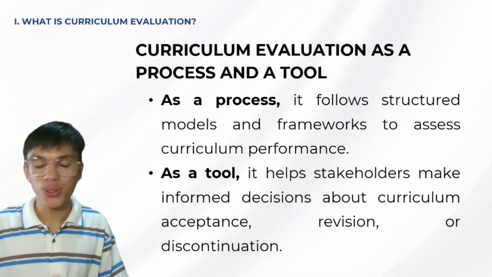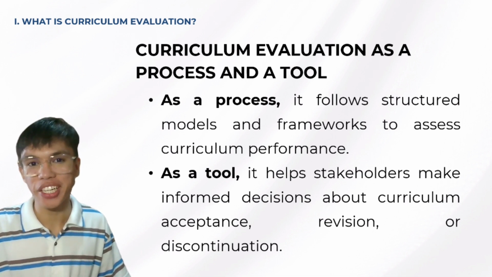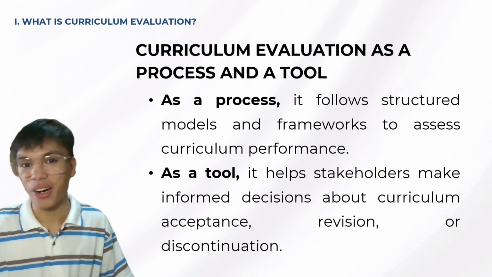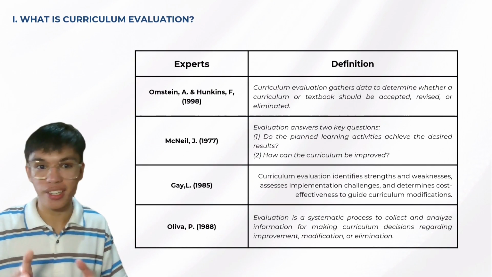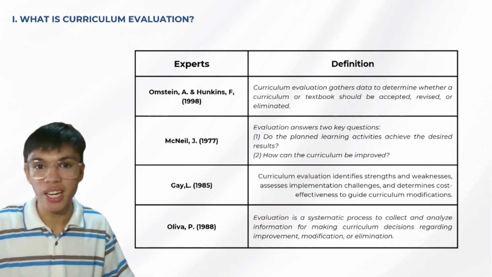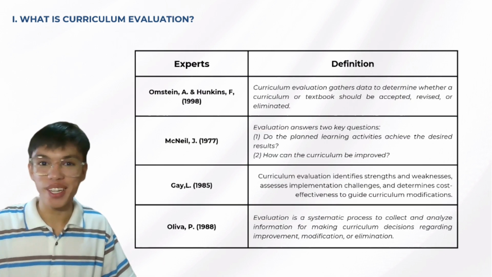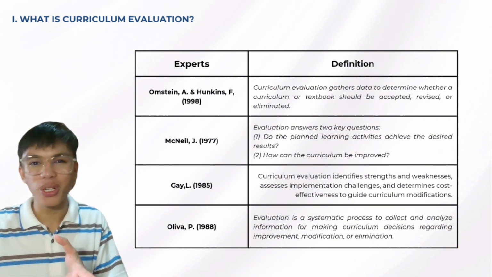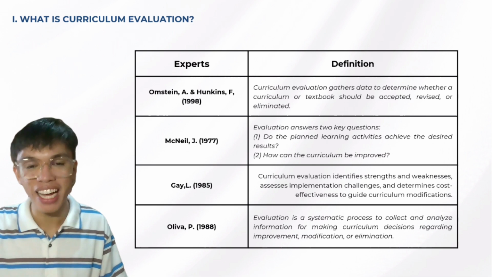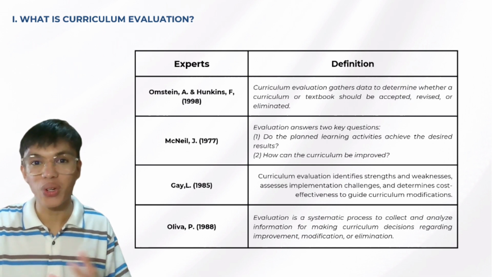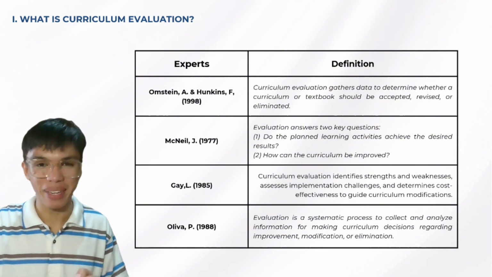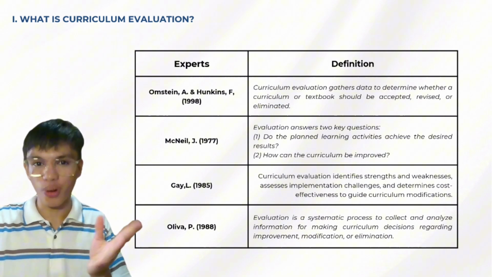So class, to further understand curriculum evaluation, let's look at how experts define it. So there are four types of definitions in curriculum evaluations according to some experts. So first is Ornstein and Hunkins. According to them, curriculum evaluation gathers data to determine whether a curriculum or textbook should be accepted, revised, or eliminated. While according to McNeil,